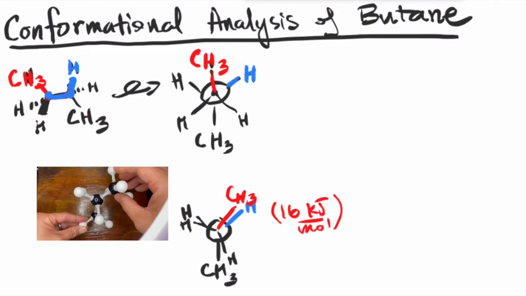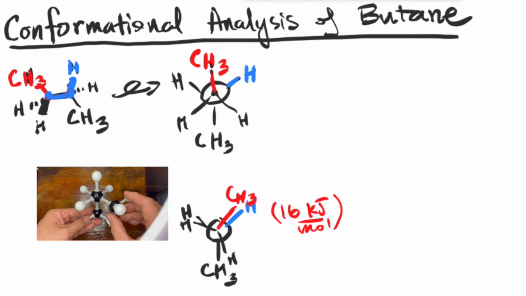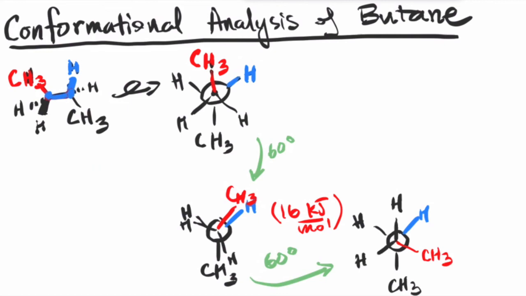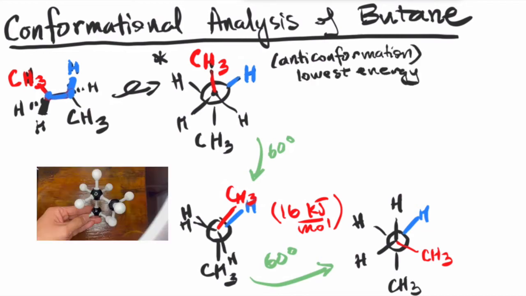But what's interesting about butane is if you rotate the dihedral angle once more, another 60 degrees, you will have a different energy landscape. Again, keeping that back group the same. We see now that this is also a staggered conformation, right? However, it is not the same energy as our first staggered conformation. In fact, our first staggered conformation is the lowest energy conformation and has a special name. It is called the anti conformation, and it has the lowest energy. Let's go back to our new conformation here, and it turns out this conformation has an energy difference of 3.8 kilojoules per mole higher than that of the anti conformation.